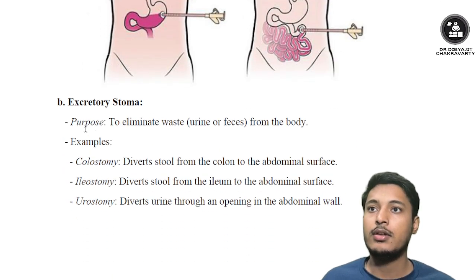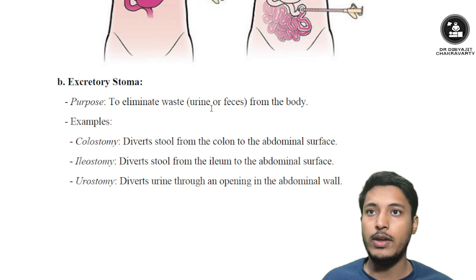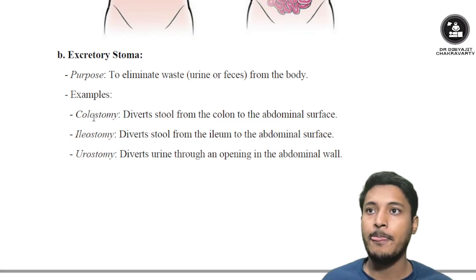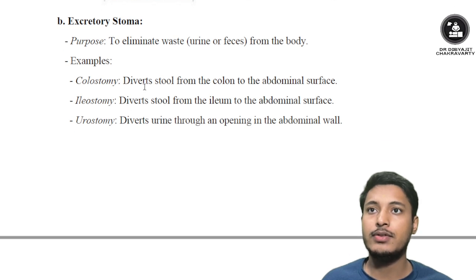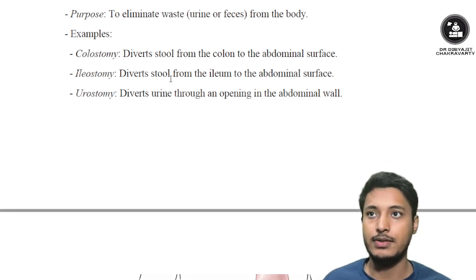Excretory stoma. The purpose of the stoma is to eliminate waste, that is urine or feces, from the body. For example, colostomy that diverts stool from the colon to the abdominal surface, ileostomy that diverts stool from the ileum to the abdominal surface, and urostomy which diverts urine through an opening into